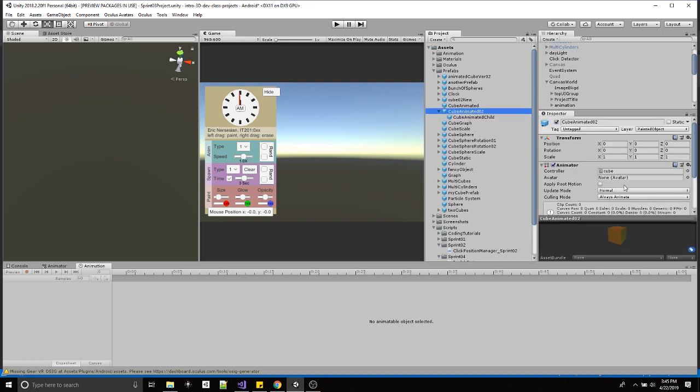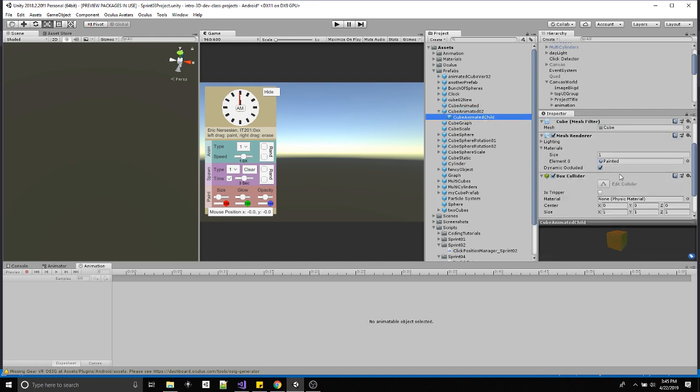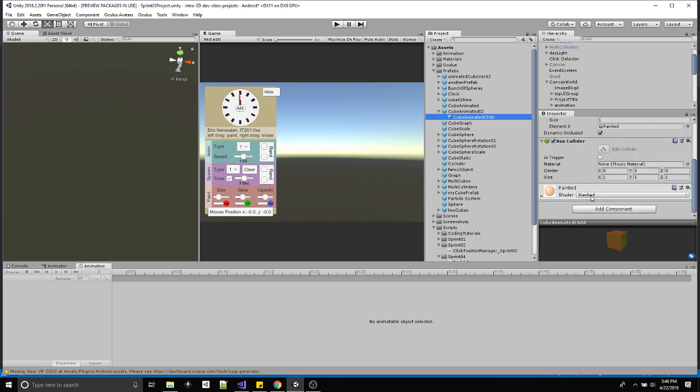The parent must have the animator and the prefab data script, and you can have as many children as you want, and they will all have their own renderer and collider. They just cannot have animators or prefab data. And if you follow that convention,